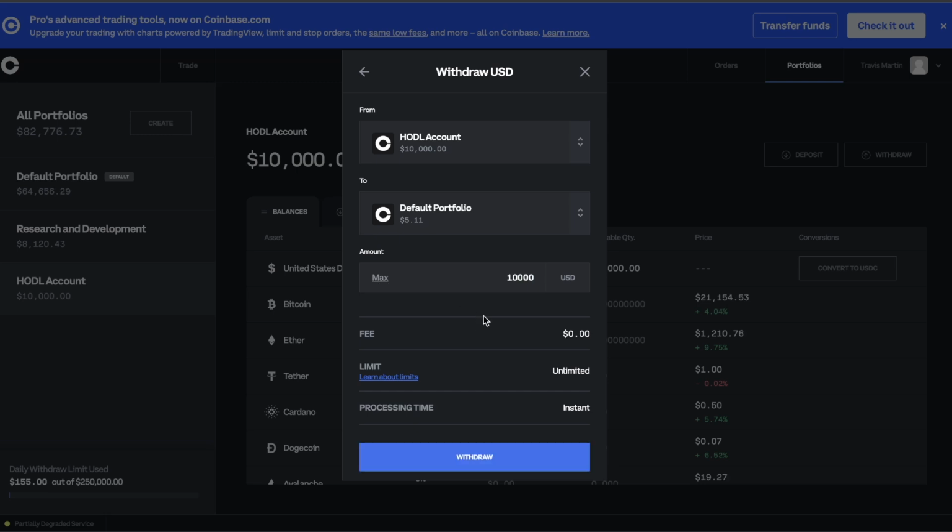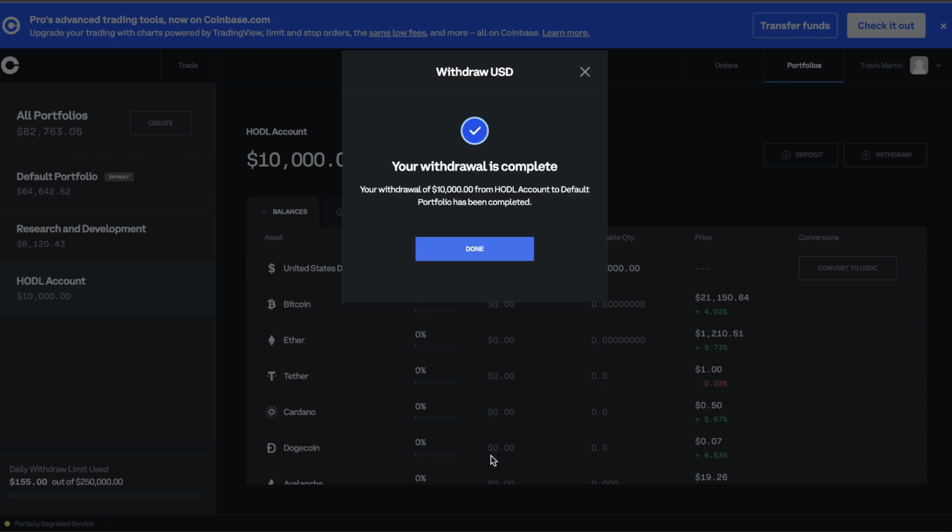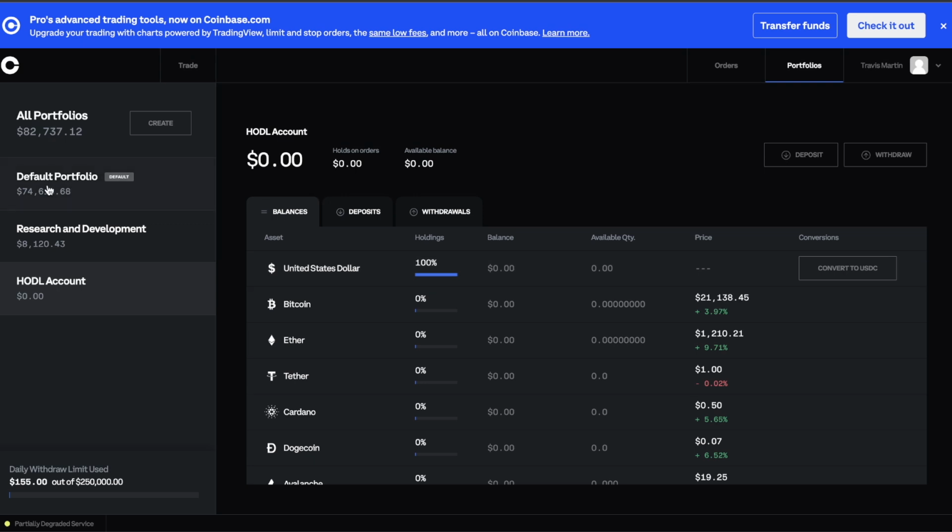All right, when I click withdraw, this should turn to 0, and this should go to about 74,000. So let's withdraw this and see what happens. This went to 0 and this went to 74,000 right here. Okay, we can all see that. 0 and 74,000. Now we're going to come over here and do the exact same to this